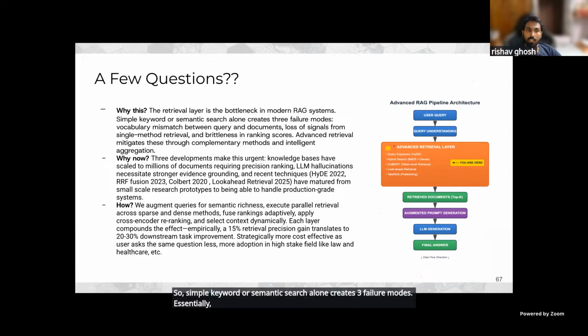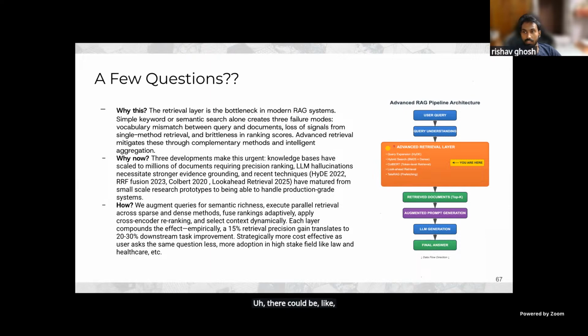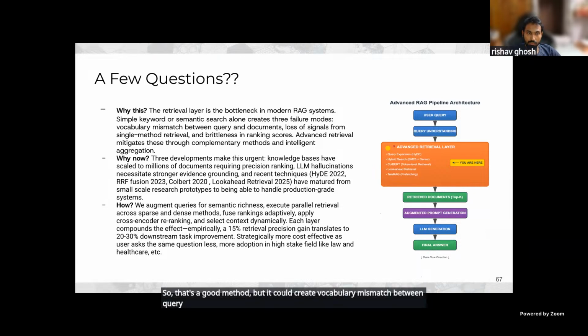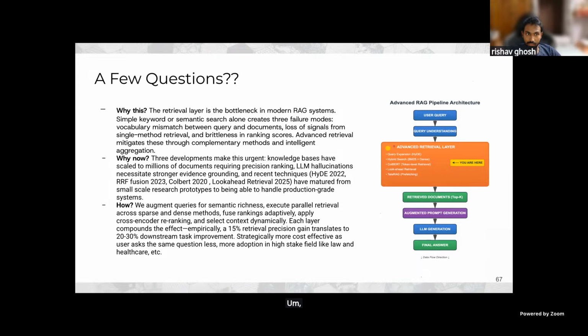For example, we use BM25 for keyword search. That's a good method, but it could create vocabulary mismatch between query and documents, and brittleness in ranking scores. But then again, when we do dense retrieval, there are many high-stakes domains.